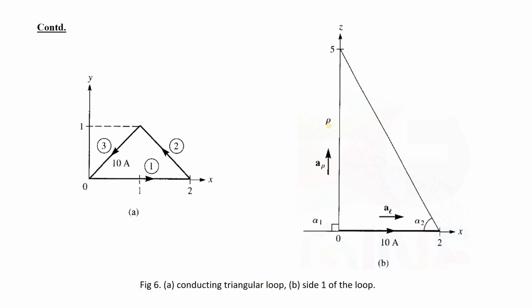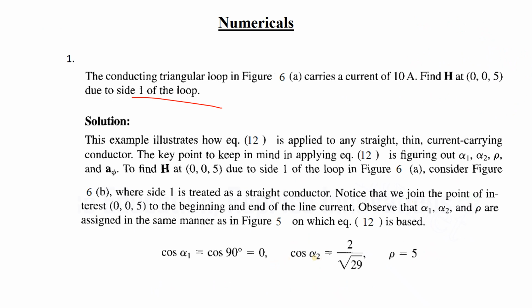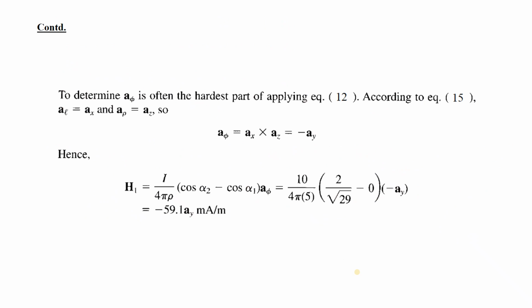Alpha 2, so alpha 2 का वैल्यू क्या होगा, क्योंकि ये जो है रो का वैल्यू क्या है, रो का वैल्यू हमको पता है कि 5 है ना, 5। तो दिस इज द राइट एंगल ट्रायंगल, सो वी वांट टू फाइंड आउट द वैल्यू ऑफ अल्फा 2, ओके। So we have the value of base and perpendicular, so we can directly write tan alpha 2 equals 2 by 5, base by perpendicular, so therefore alpha 2 is equal to tan inverse of 2 by 5, ठीक है, 2 by 5 आ गया, और cos भी कर सकते हैं हम लोग, ये ऑलरेडी वही किया गया है, यहाँ पे कॉस निकाला है।